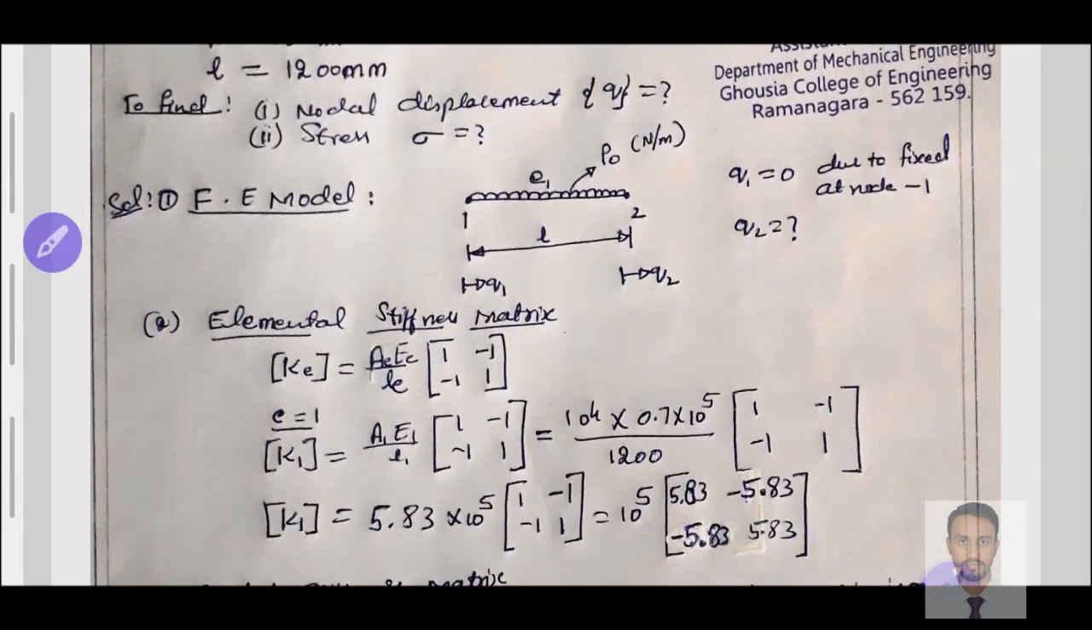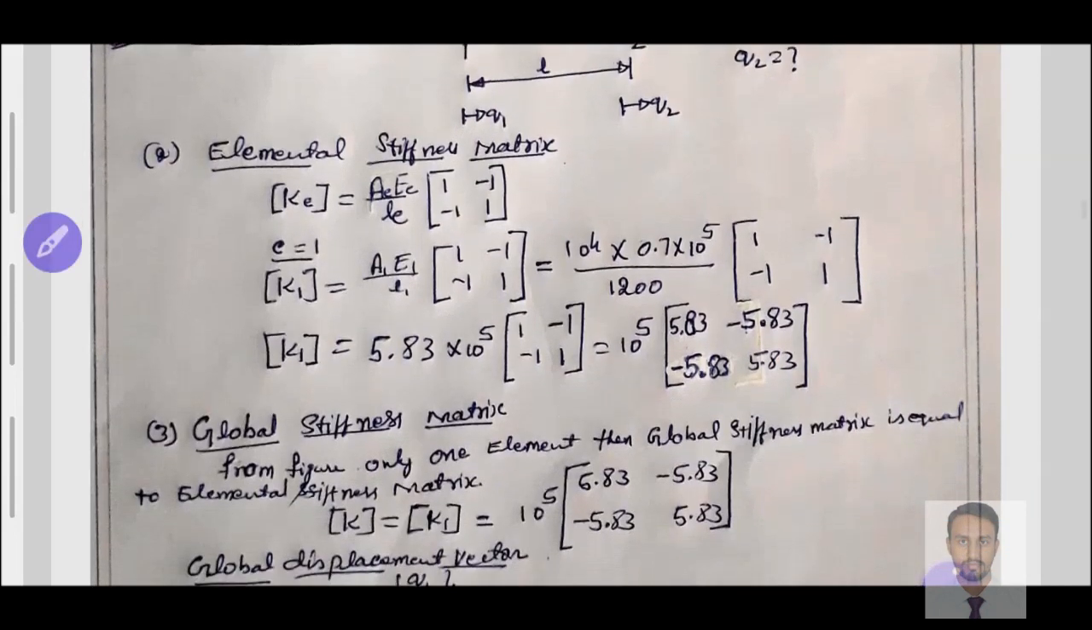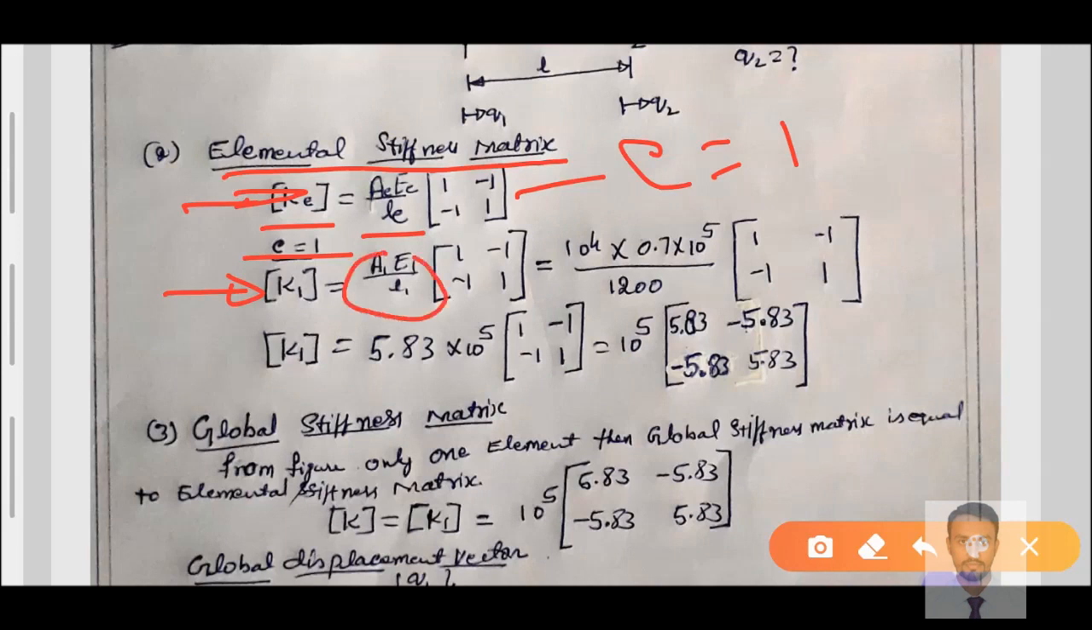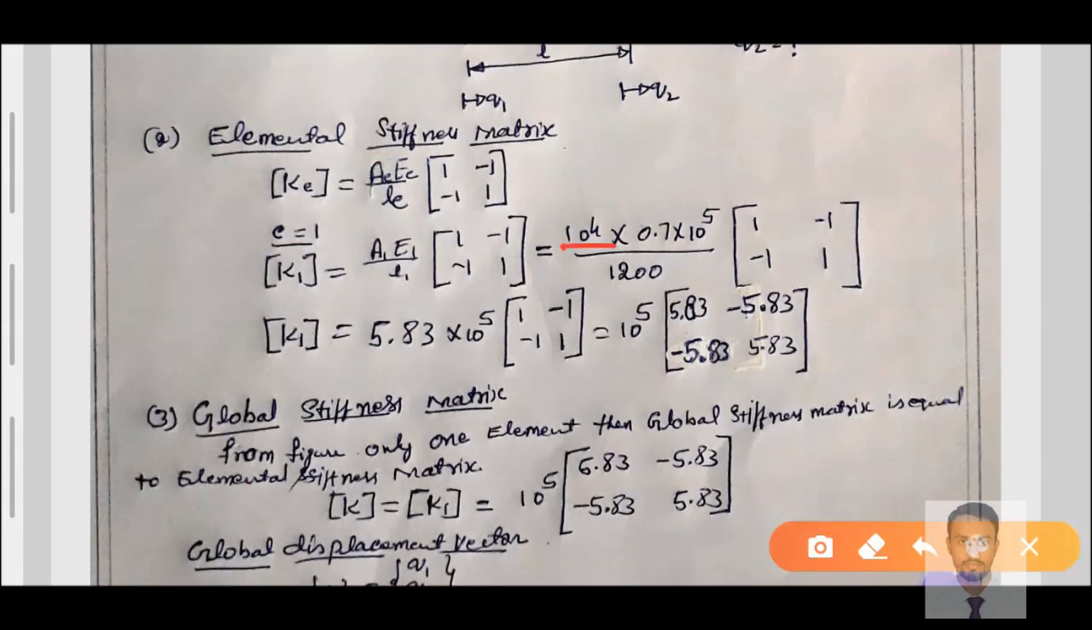we have to find. Step number 2 of the finite element method is the elemental stiffness matrix, K equals AE divided by L times the matrix 1 minus 1, minus 1 1. Consider element e equals 1 here, then this equation yields K1 equals A1 E1 by L1 times 1 minus 1, minus 1 1. Substitute the values from the given data: 10 to the power of 4 into 0.7 into 10 to the power of 5 divided by 1200. The value of this is calculated as